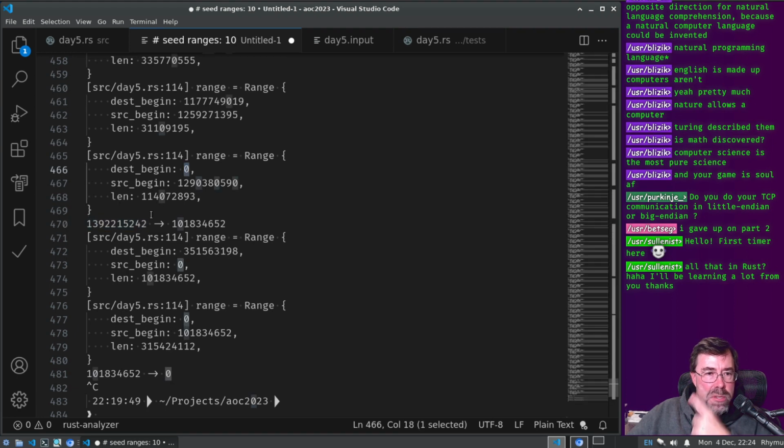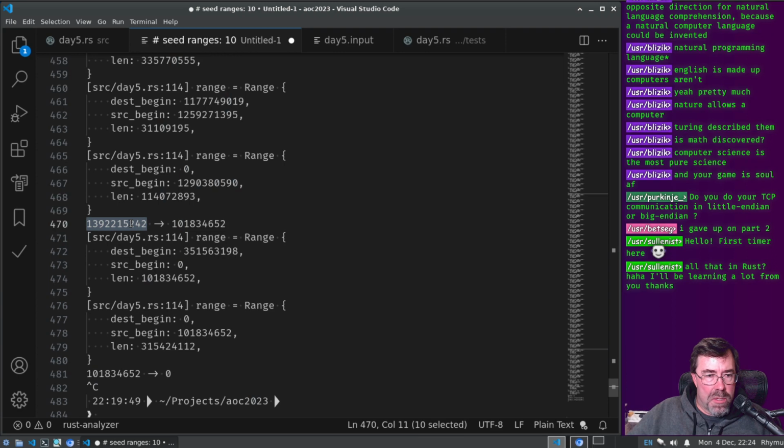Because it's mapping to 0, that means this number minus that should be equal to that. Minus this equals 12903800590. Yes.